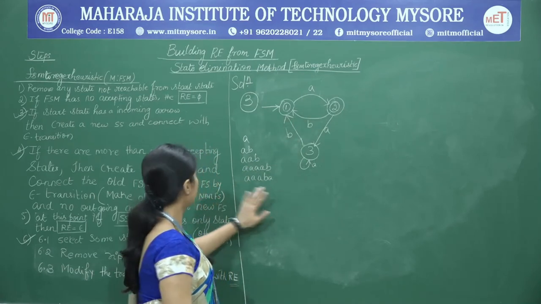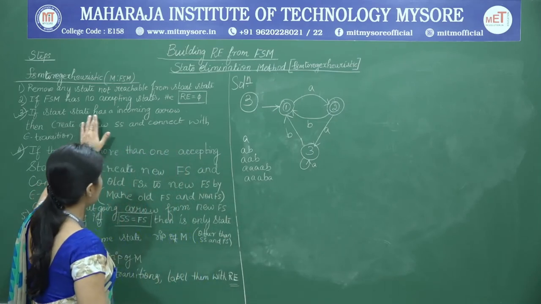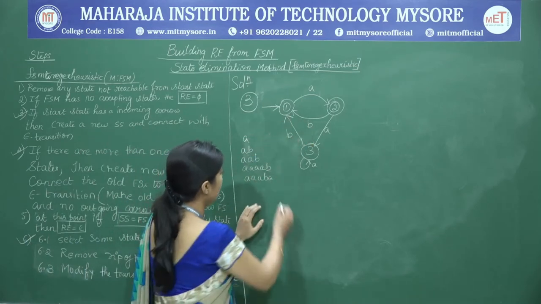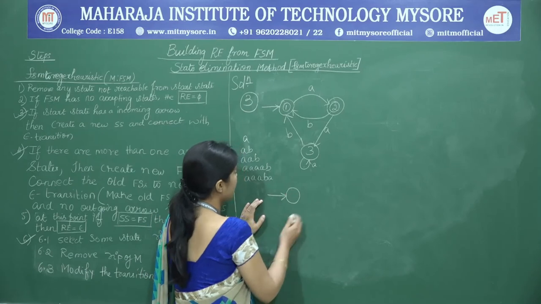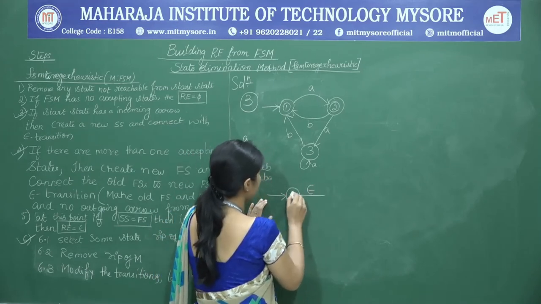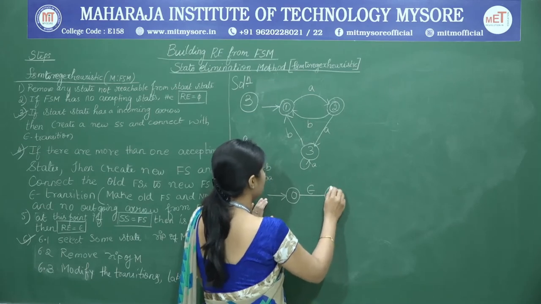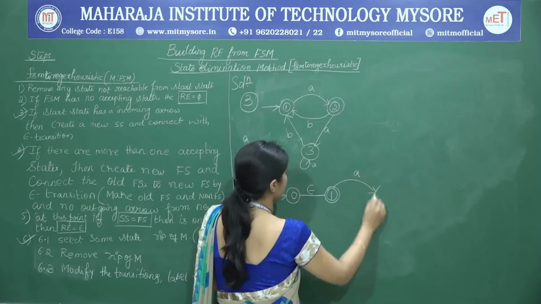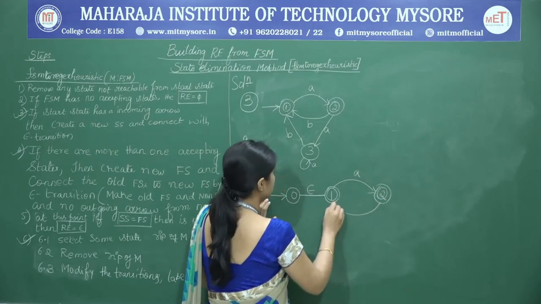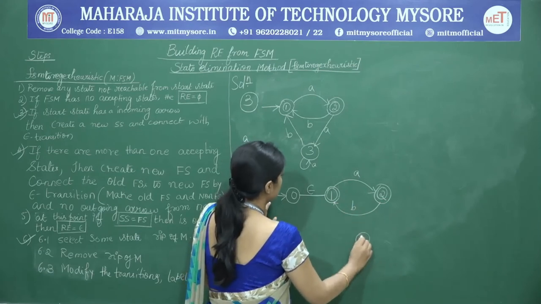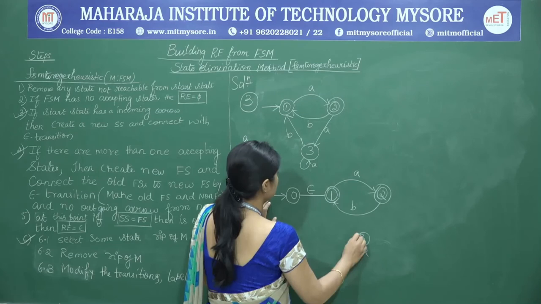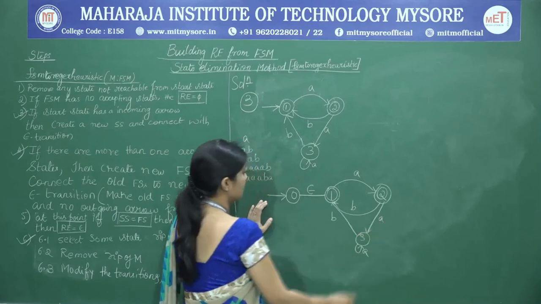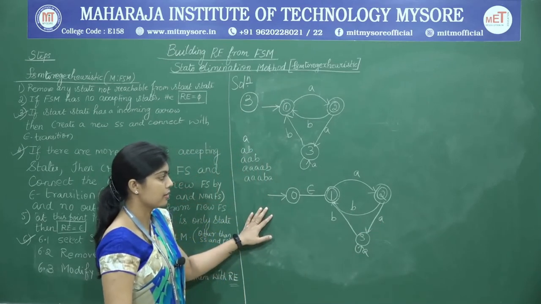We will go to the third step, and the third step states that in case the start state has got an incoming arrow. Yes, definitely the start state has got an incoming arrow. So, therefore, we create a new start state and then connect it via the epsilon transition to the old start state, and the rest of the transitions are going to remain as it is.